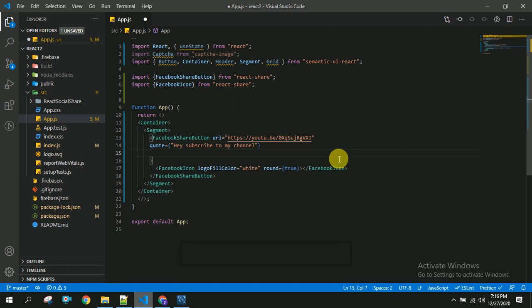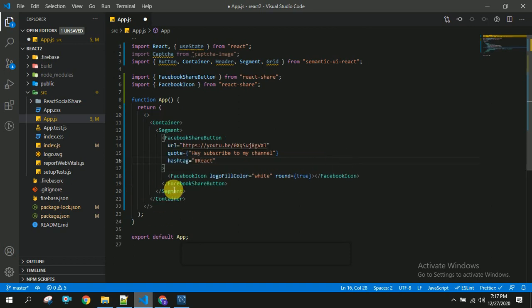The next thing we are going to do is the hashtag. These are optional parameters, you can give your URL directly and verify that. This is hashtag, this is React.